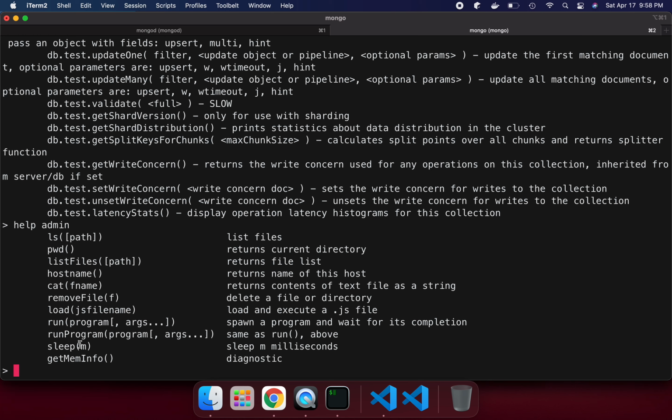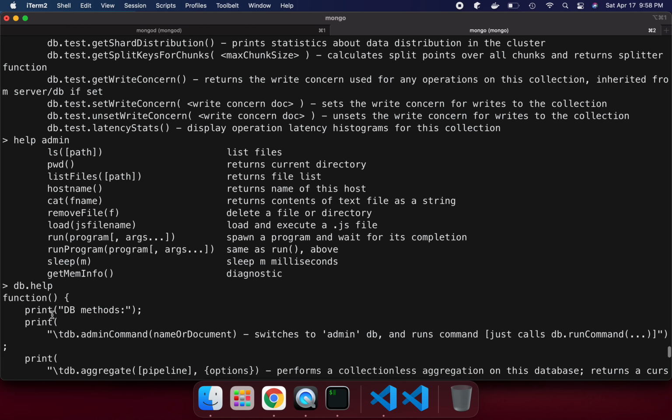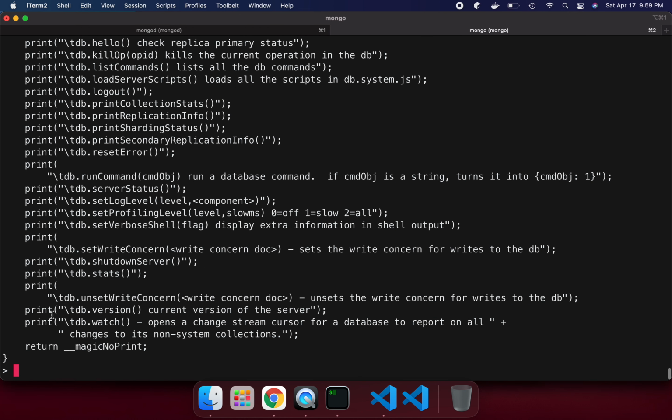And if we want to shut down, we can say db.help here, and we can see all the methods are available. This way you can get whatever help you want.